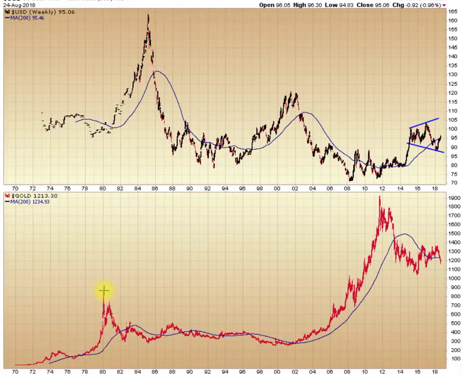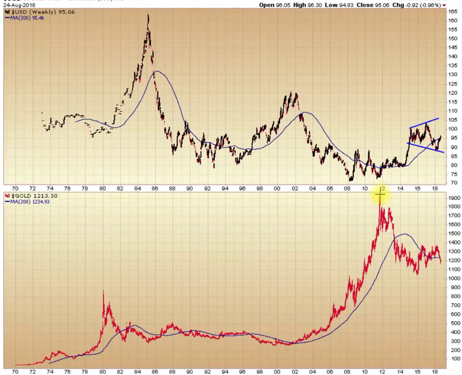bubble. So, in theory, gold should not have entered really a bull market after a bubble had popped. It would need many years still to consolidate before starting the next one. But even so, this declining phase of the 15-year cycle in the dollar still managed to power a 65% plus bull market in gold. And then, of course, this declining phase of the 15-year cycle powered a major bull market